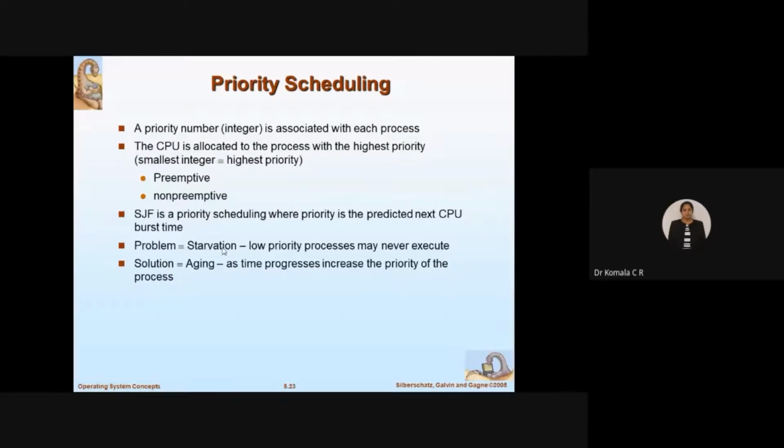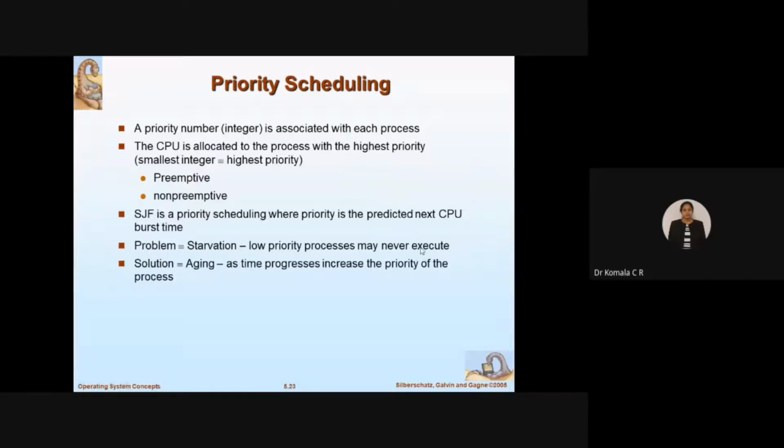Say, for example, I have kept so many processes in a queue and the CPU is totally busy. Suppose I have 10 processes, and the CPU is trying to execute 1 or 2. All the other 8 processes are kept in the queue itself. So these 8 processes are in indefinite blocking time. That means I don't know what time the CPU is going to service them. They are waiting for a long time, which means they are blocked. We are unable to complete these processes at all. Such a situation is known as starvation. Why does this happen? Because a lower priority process will never execute.